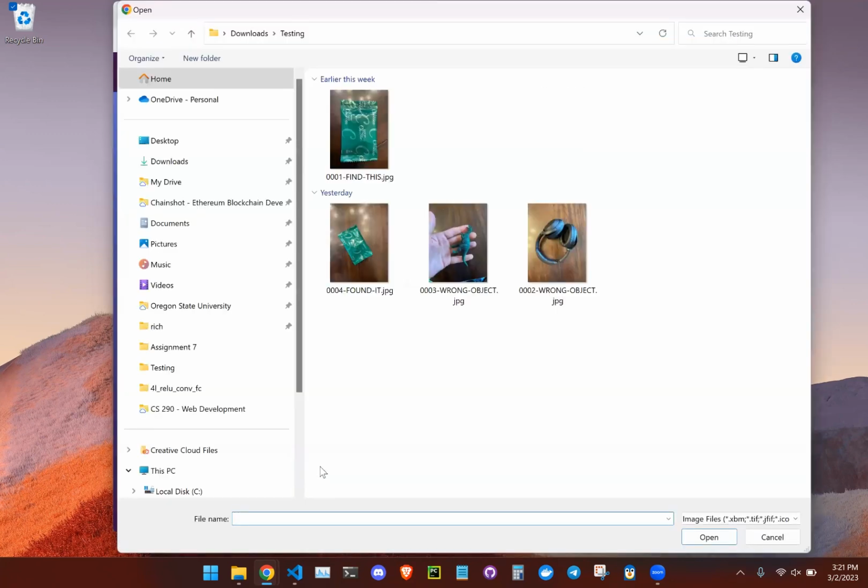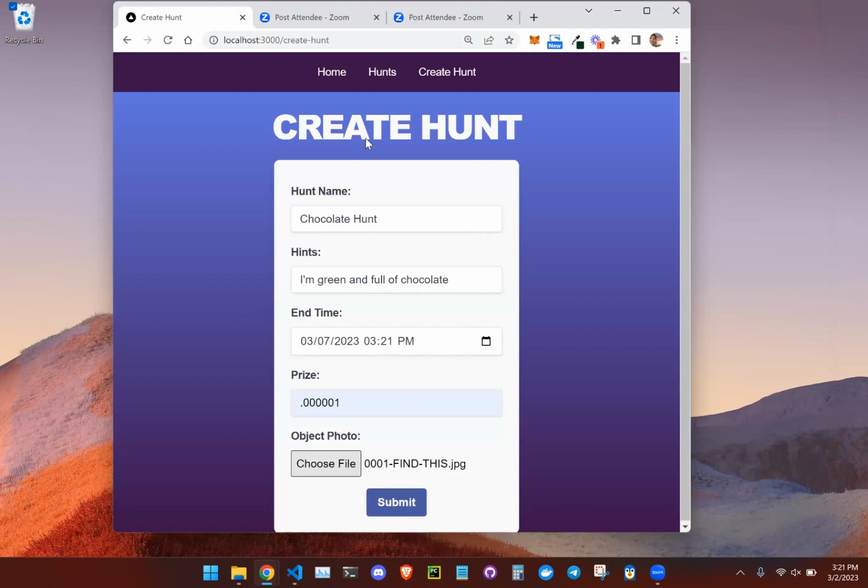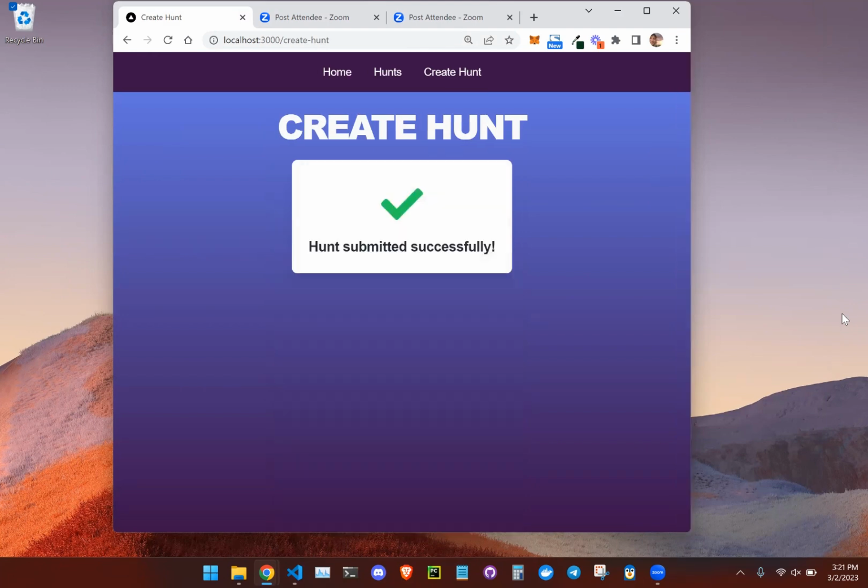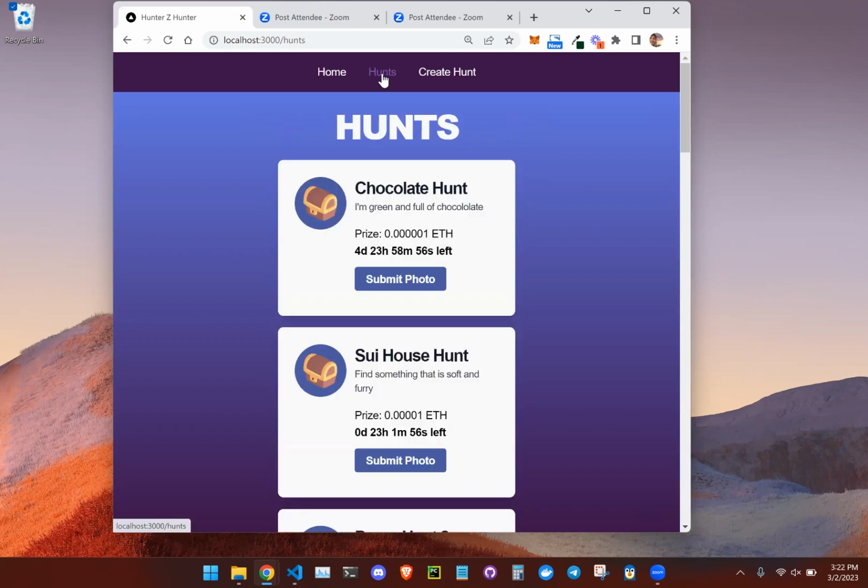then if this were on mobile, we would take a picture of the item, but this is the item right here that we're gonna let people search for. So this takes a few seconds, and what it's doing is it's going and running that picture through the model, in order to generate a signature of sorts. And then it's storing all this data on chain. All of our data is stored on chain. We don't have a database for this app. Okay, so now it's showing at the top of the list here,